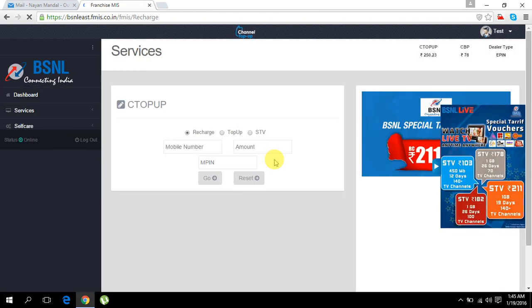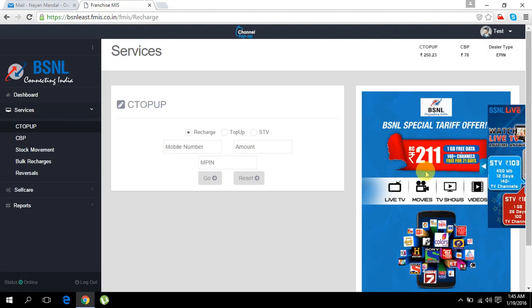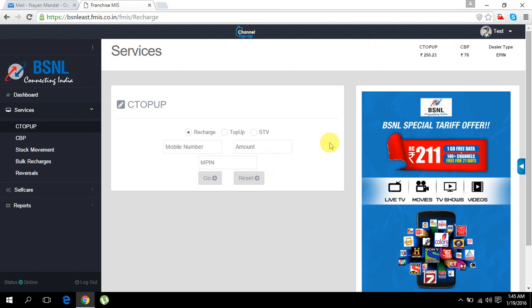Now what is this top up option all about? In a glimpse, what I found is that over here we can carry out the normal transaction. Before that let me check, they are showing the balance over here, whether this balance is shown in current time or not. Okay, now what I found, friends, is that this is the current time balance that the BSNL team has provided to us. This is very handy that we need not go to the stock management option in our SIM and check the balance. If we are logged in to this FMIS page, we will know the current balance we have in both the stock wallets.